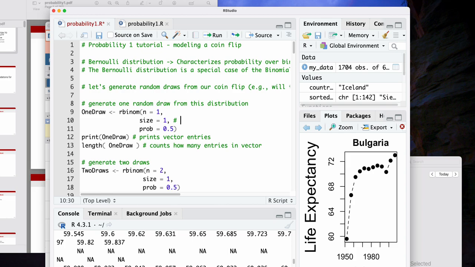But you can think about the binomial distribution as describing the number of successes in a given number of trials. So if we have 100 coin flips, the question could be, how many heads did we get? And if size is 100, now the question is, how many heads did we get when we threw the coin 100 times, if that makes sense.